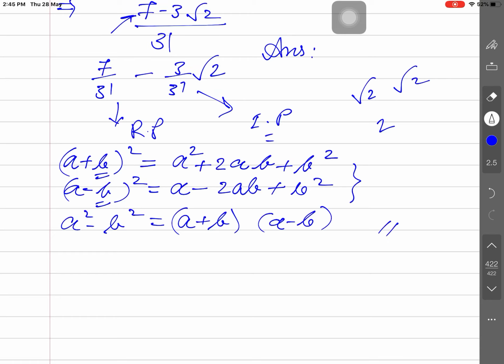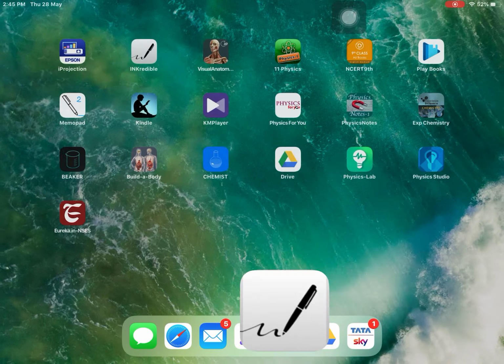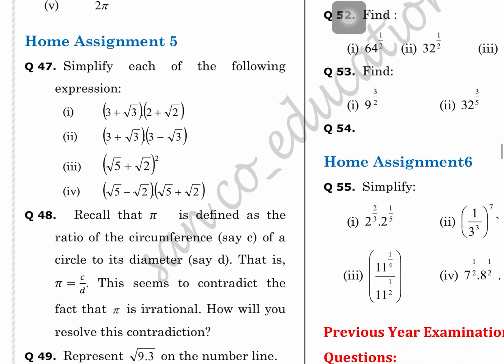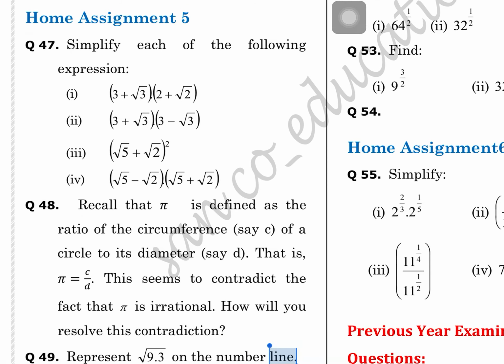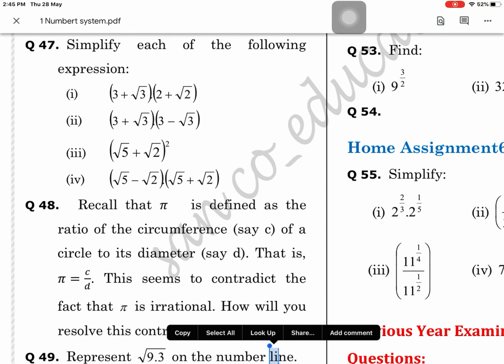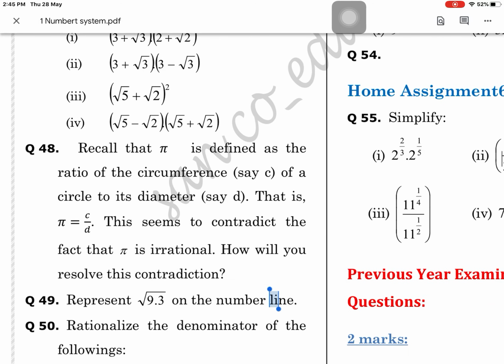So these patterns you have to observe. See what kind of questions are here. Is the pattern observed? No. So you will distribute them. I hope you can solve all the 5 questions. But in the pattern, look here, second of the 47. Is there any pattern? Yeah, a plus b, a minus b pattern. And is there also a pattern in the third? Yes, there is a pattern. Now question number 4. Is there any pattern? Yes.